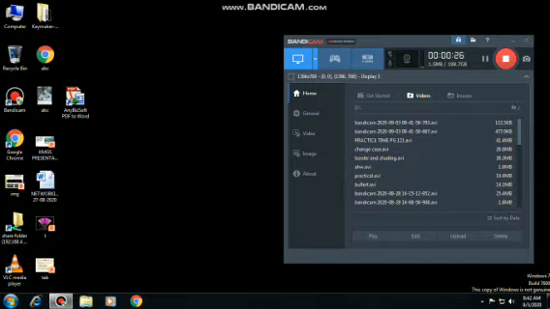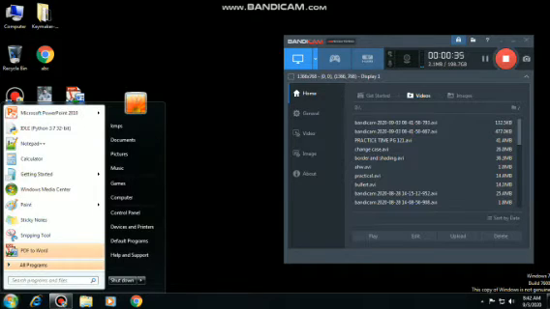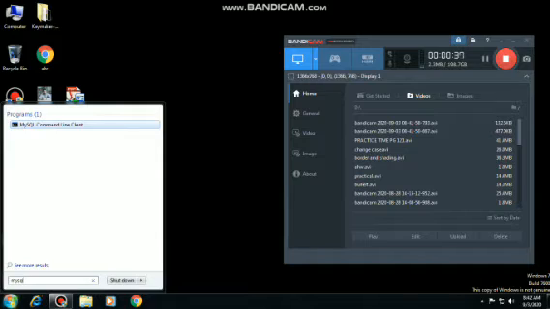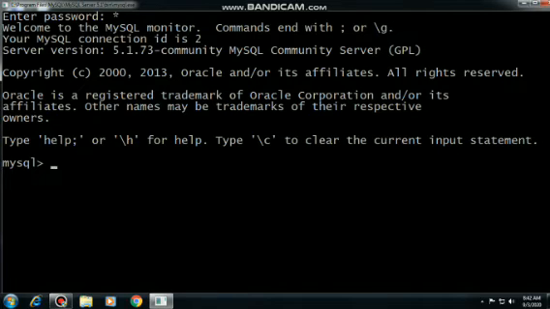Before fetching the data from the previous table, you have to open MySQL first. To open MySQL, type mysql in the run dialog box. Now enter the password. The password is 1, numeric 1. Press enter. First of all, you have to go into the database where your table exists. Your database is NVN. Now the database has been changed. Now you are in the NVN database.